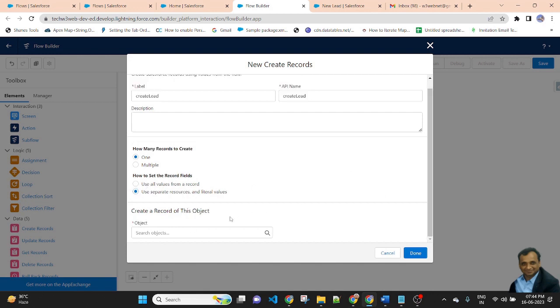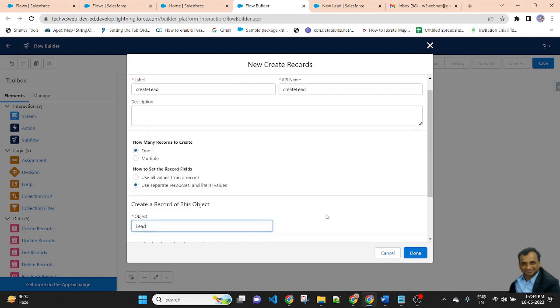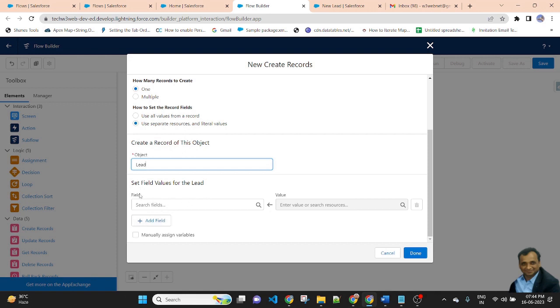We can select an object name, so I am creating a record of lead, so I am selecting lead. Then the values: on the left-hand side is the field name, and on the right-hand side we assign the value that comes from the screen.